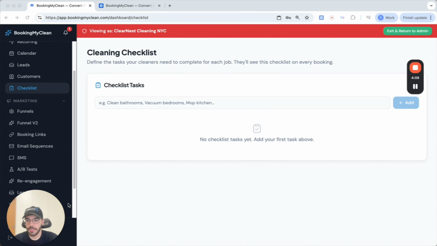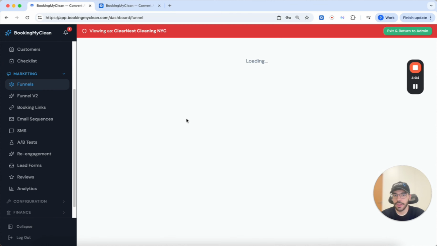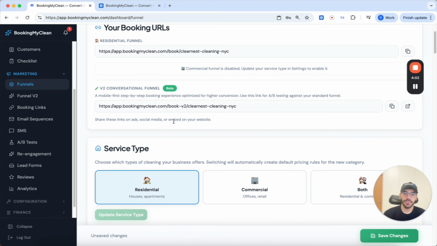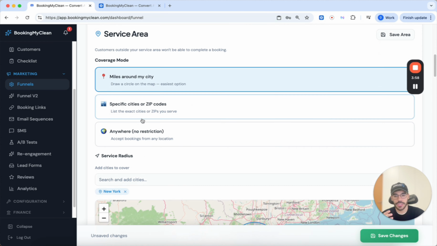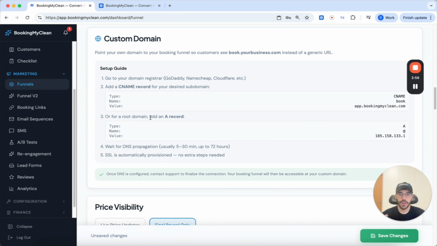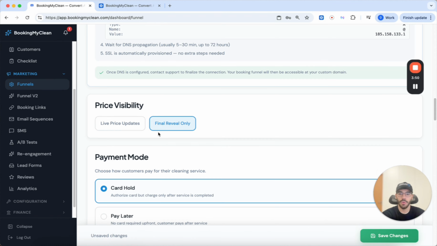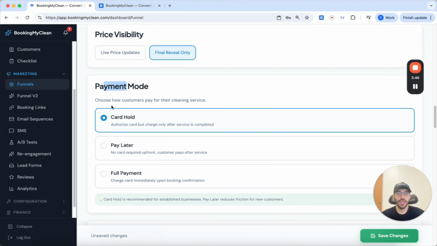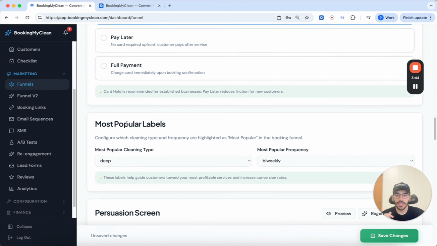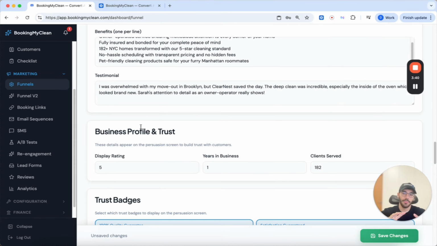It's a pretty interesting part. This is basically where all the setup is made. So we have the funnels where you can build your funnels. You choose the service type, choose the service area. If you want to connect your domain, you can connect it here. You choose if you want to show the price just at the end of the form or during the whole time, with the price being updated. You can choose the payment mode,